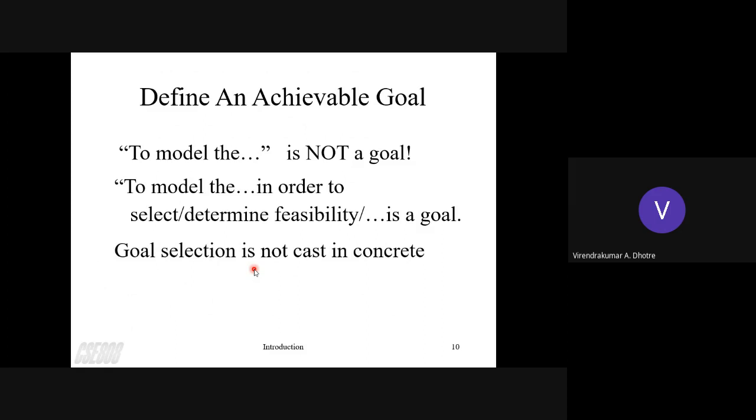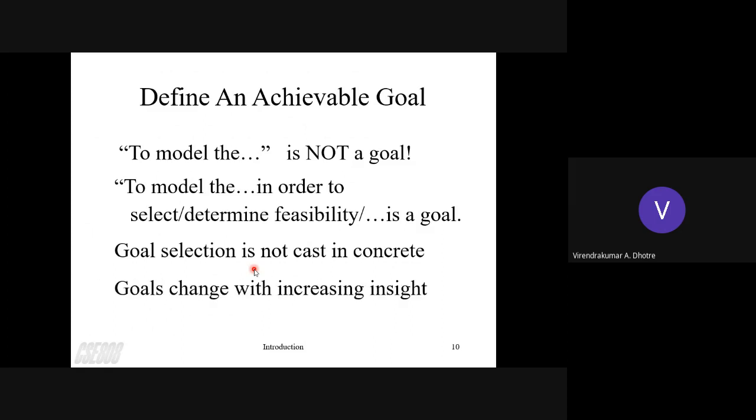Achievable goal, as I said, when we set a goal, it should not be like, to model this, this is required, and that's a dream. No, we should select such a goal and we should go for a feasibility test, whether it is feasible, whether it is possible to work, whether such a thing can become a reality. So goal selection is very important, and that should be a concrete decision. What happens is, the way you move on next, you get detailed information, and when you get detailed information, there are chances that your goal may change.